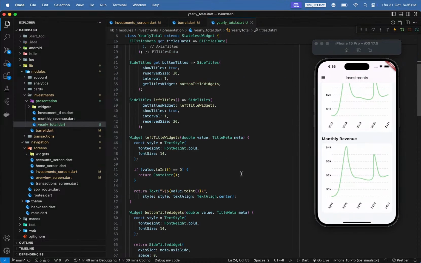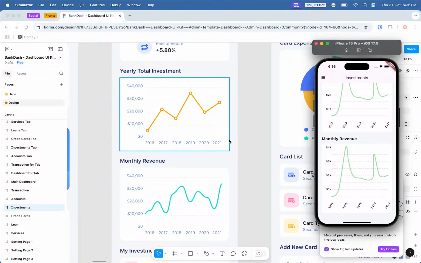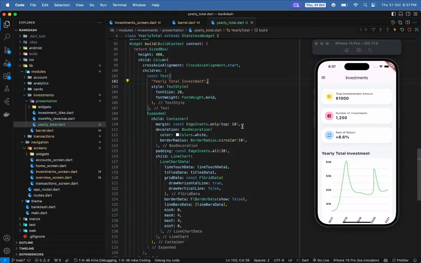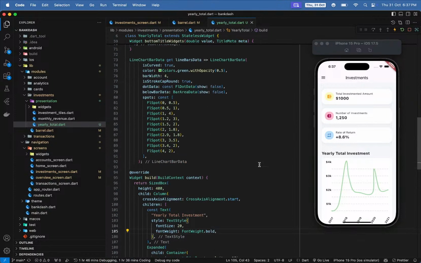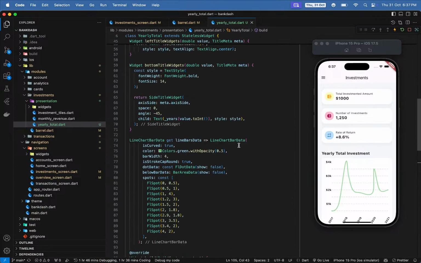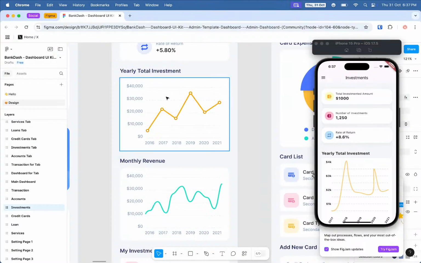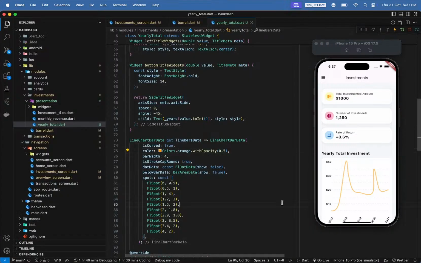Now let's focus on this. This is titled yearly total investment. Let's change this first. Okay, we have changed it. Then let's bring in instead of green color, yellow color here. Where is it? Here. Let's have it as orange. Yeah, this is looking fine. It's orange, not yellow color. And this is fine, this is also fine, and the numbers are different,